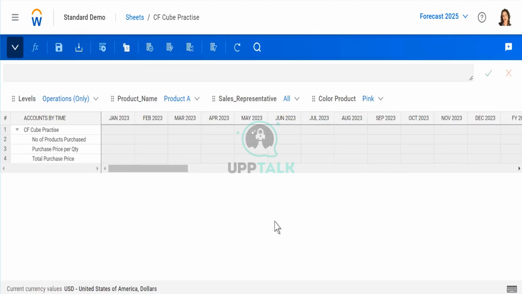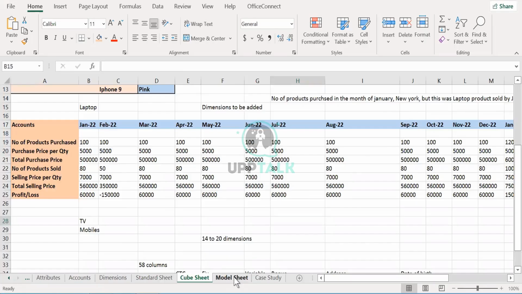The only thing is you need to make sure that the data is concrete and you don't enter data which is no longer useful for the client. Say there are 50 columns, and out of those 50 columns, 40 are mandatory. You can enter those 40 columns in this sheet, but in a cube sheet it is not possible, because it's like a pivot or an Excel file. It gives you a restrictive number of columns and dimensions. That's why, to work with this kind of feature, you need a model sheet.